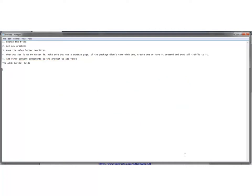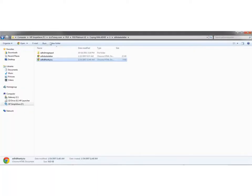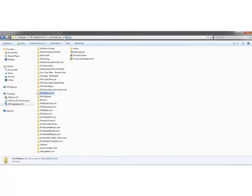So on this ADHD one, I could go back into my PLR stuff, and I would go through here and find more products that I have that are related to ADHD. Maybe I've got a report or some videos, a workbook or something that I can add to this to add value to my package. The more you can add to your package, the better, the more sales you're going to get. So like if I took and had an ebook